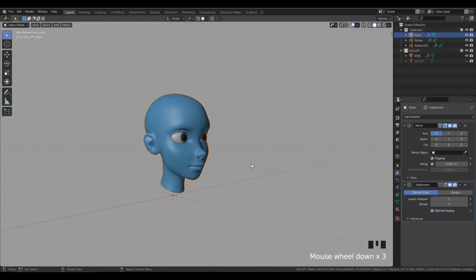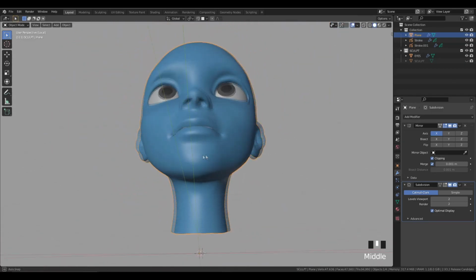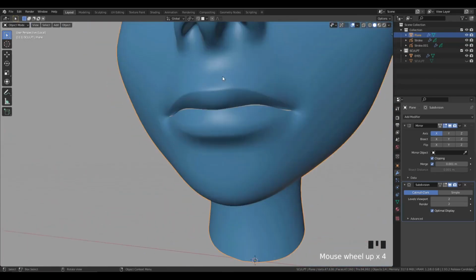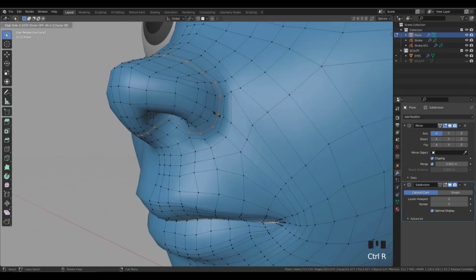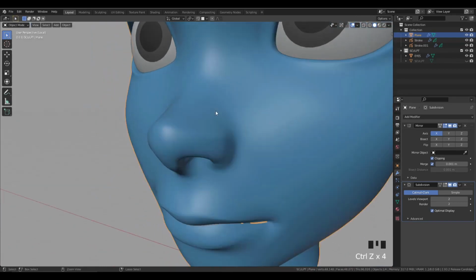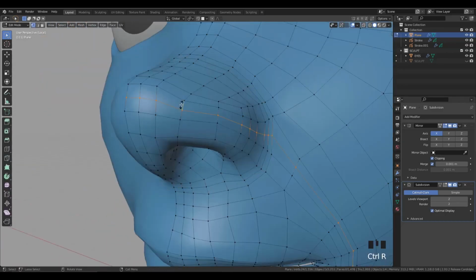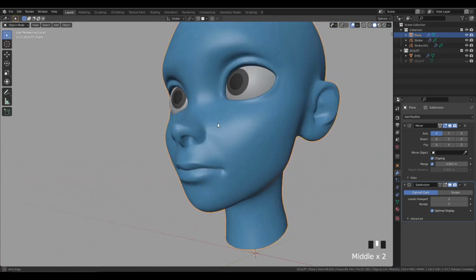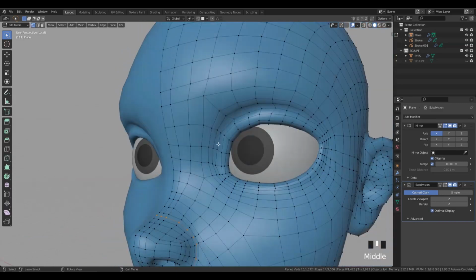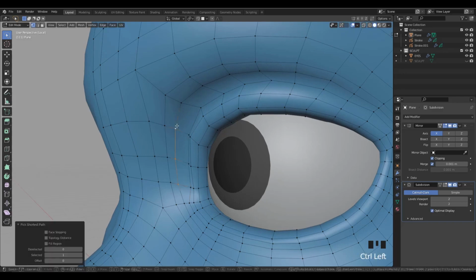So we've done a lot of things. We have all the loops that we need in order to create a proper character. You can see here I'm adding a loop, and this works pretty well for the mouth. Here I can add some loops for the nose, even for the outer nose here. This creates a nice crease. Here you can add some loops if you want to define the loft line and the top of the nose even better. So yes, basically we have tons of things to play with, and let's now enter in the modeling